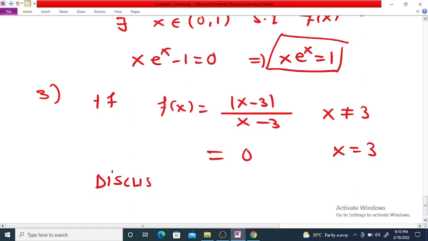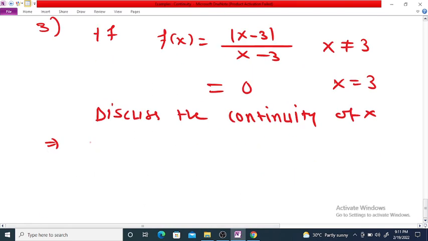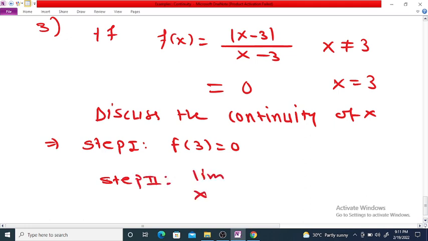Discuss continuity of f(x). Now here, first of all, step one: f(3) is equal to 0. Step 2: the limit as x tends to 3 of f(x). Now since it is a modulus function, we are going to determine the left hand limit and right hand limit